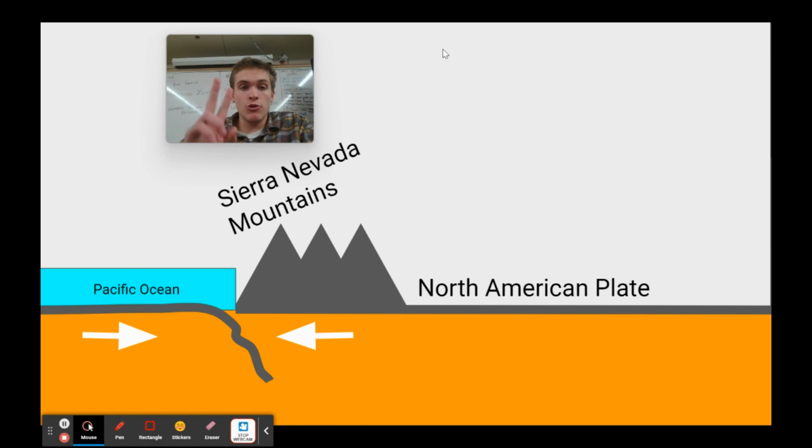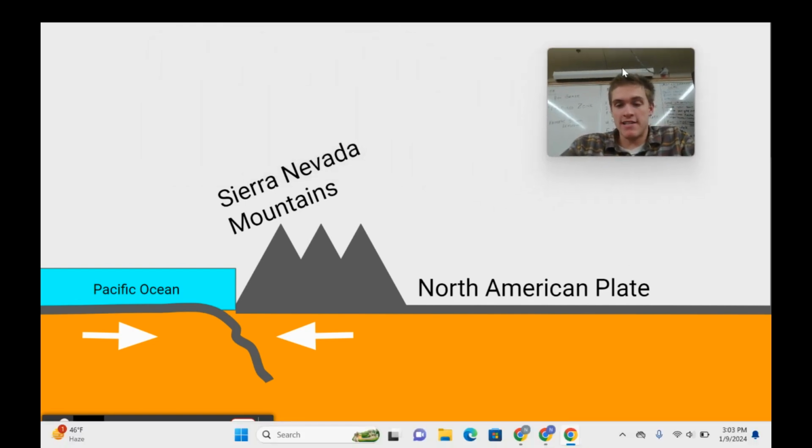So now I want to show you a model of how the Rocky Mountains were formed and how the Great Plains were formed. This model is supposed to represent what has happened over millions of years, but it is not a perfect model and has many limitations. Here we have an oceanic plate underneath the Pacific Ocean crashing into the continental plate that North America sits on top of.